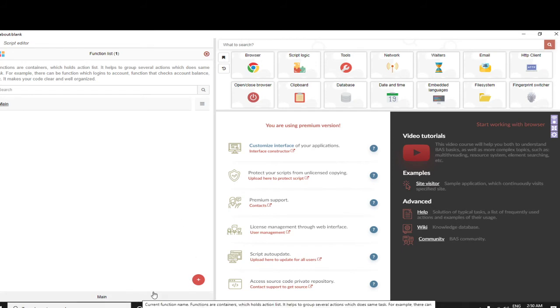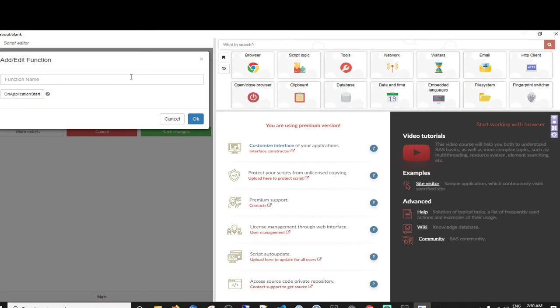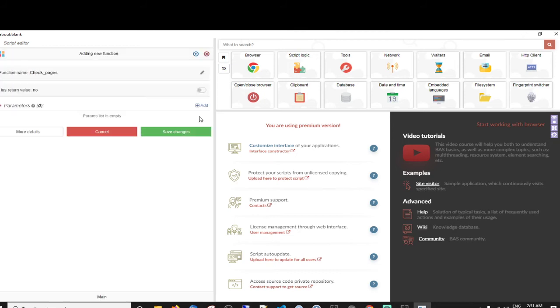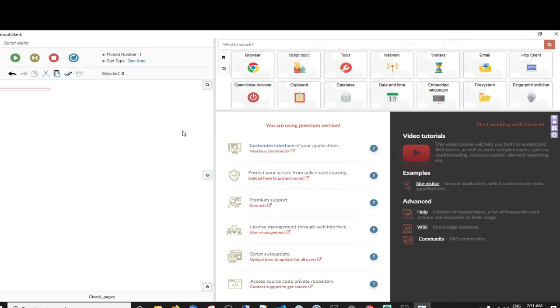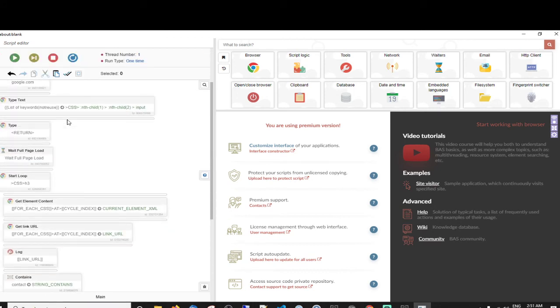I've just clicked on main plus, and then changed the name to check pages. Hit OK. Save changes. So now we've got a separate section, and you'll see how we get to that in a second. In fact, I'm going to do it now.